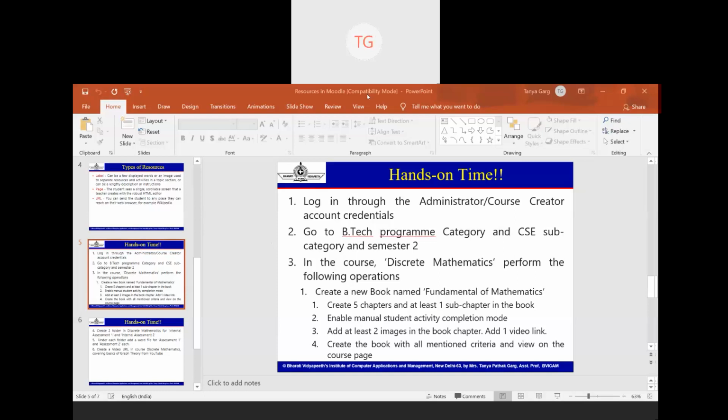Yeah, so what I am seeing in the cloud version is that many of us have created categories, but we have not created courses within that category. So you have to be sure that you have a course within the category. I will just show it to you how it looks on my screen. You can verify on your screen. If you are not getting the same content, then first you have to create a course. Just wait, I'll share.